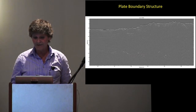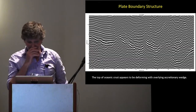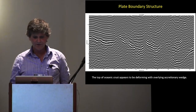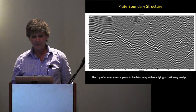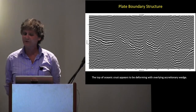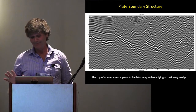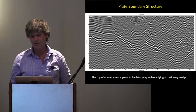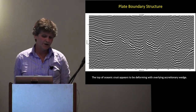Okay, this one's just for context again. Show you the top of the oceanic crust is down here. Now, this is where it gets a little interesting. So this is a sedimentary prism here with its stratigraphy. And we have, this would be the top of the oceanic crust, since it's the highest amplitude. But you can see this is not a flat surface. Okay? And the question is, if you interpret this as is, and I'll give you the alternate here, then over in here we must be facing increasing frictional stuff. Those stresses are being propagated up, and we're causing faulting at the top of the oceanic crust there to create